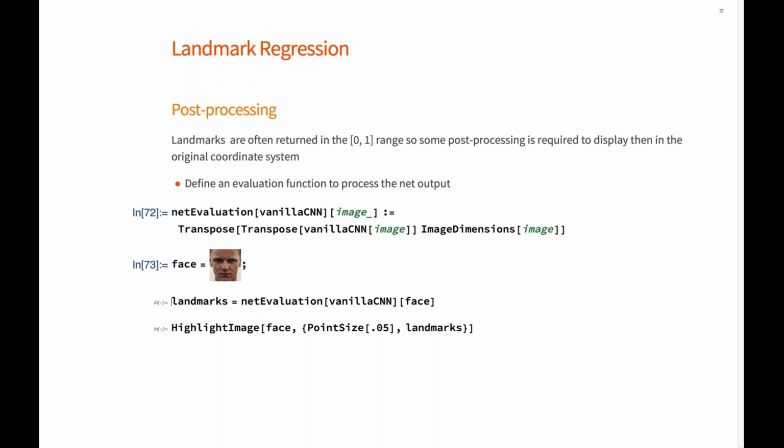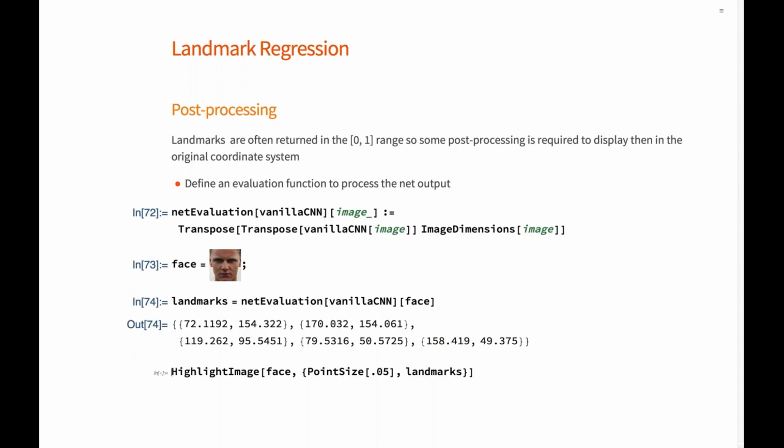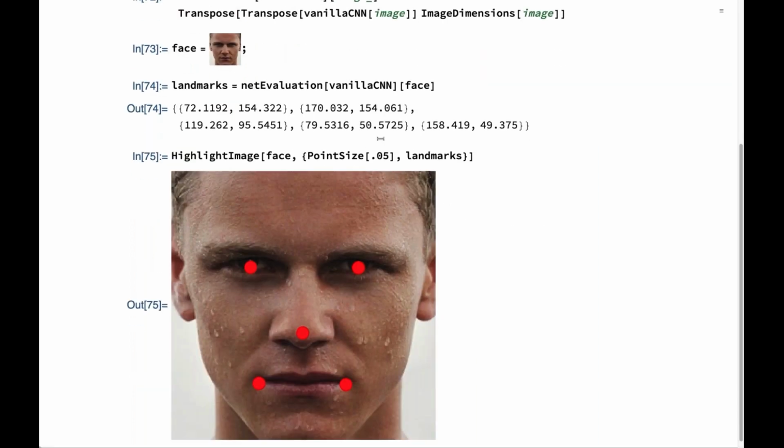And then what I do is I run it on the network, and I see that I get 5 scaled points. And if I highlight them on the image, I see that what I just did is to detect the 2 eyes, the nose, and the boundary of the mouth. So this is not too many features. We also have more complicated networks that can detect up to 20 landmarks on the image. But I just wanted to start small and show what a simple addition to a convolutional architecture can do. And this is fully trainable in the framework. It's also very fast to train.